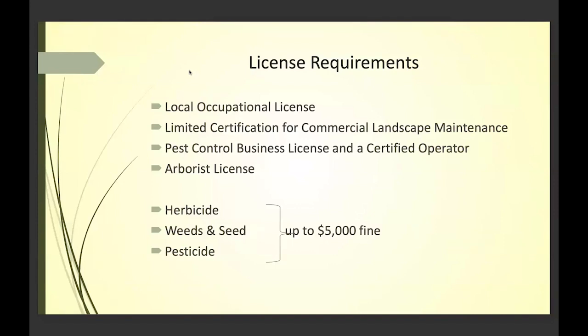If you are going to be applying fertilizer, that should be weed and feed, not weed and seed. If you're going to be applying fertilizer, you also have to have a license, and the same with pesticides. So there's a fine. The problem is that here in the state of Florida, there are not enough agents to monitor this. So there are a lot of people out there cowboying it, putting it down without any license